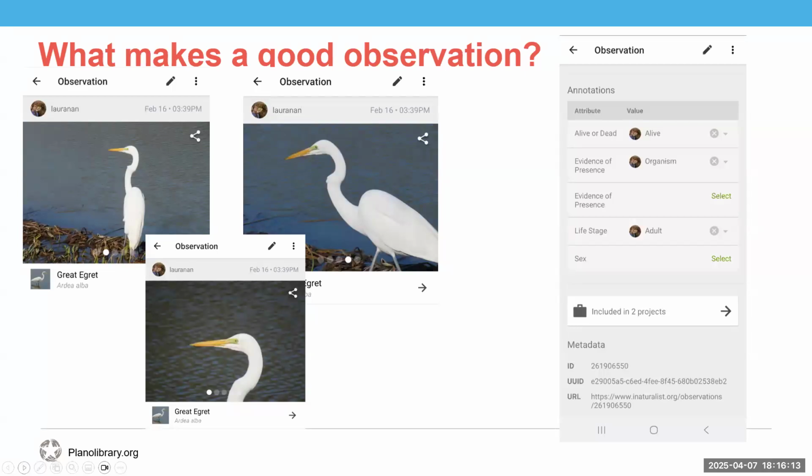And you want to try and get pictures from different angles or to zoom in on helpful identifying markers. So this you can see is a great egret. And I took the picture as I approached him. So that first one, he's further out, and then I was able to zoom in and get some better detailed photos. I made sure to include a picture that showed his breeding plumage, which is called an aigrette, which is French for egret. And they're not that visible on him right now. This was back in February when he would have just started growing them, but they're these fancy feathers out here.